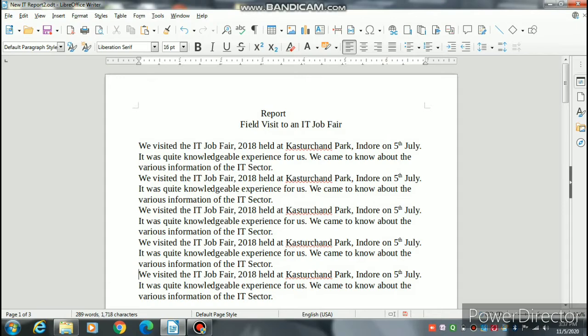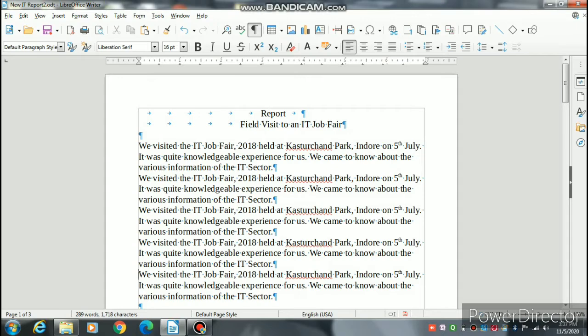To display the non-printing characters like space bar, enter or tab key, we have to use the shortcut key Control and F10. Now you can see all the non-printing characters appear on the screen.